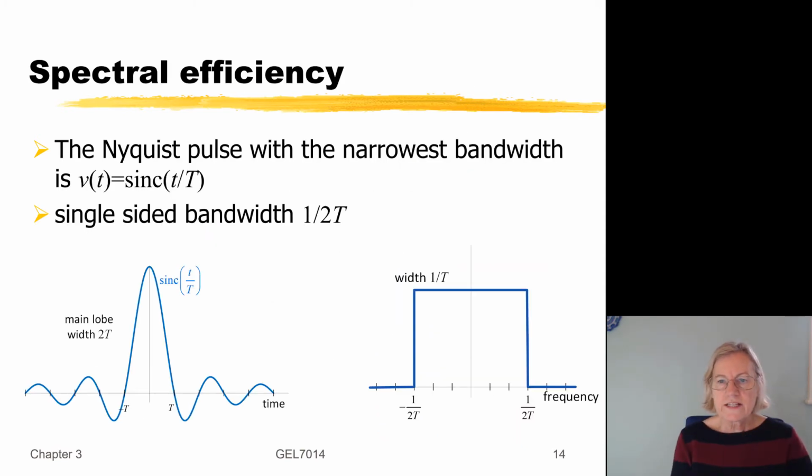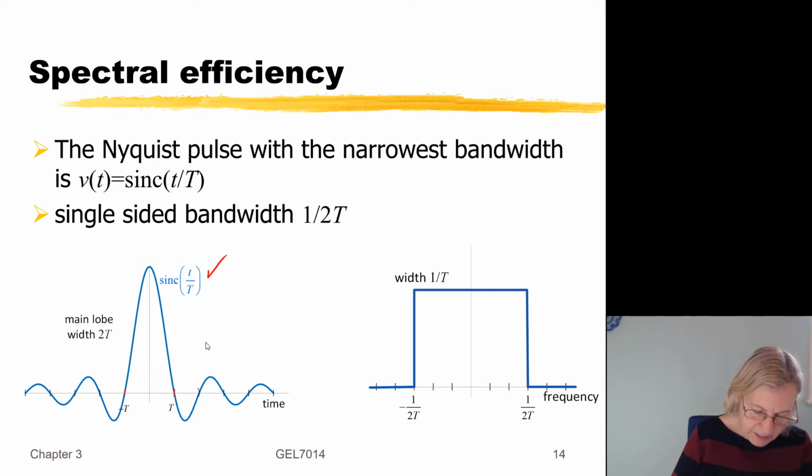So now let's look at this second choice for a Nyquist pulse, and that was called the sinc function. I put the title of this slide as spectral efficiency because this is what's really good about this choice of Nyquist pulse. So let's look at the time domain. In the time domain, we have a sinc function, sinc of t over T, and we can see the main lobe is of width 2T, and the